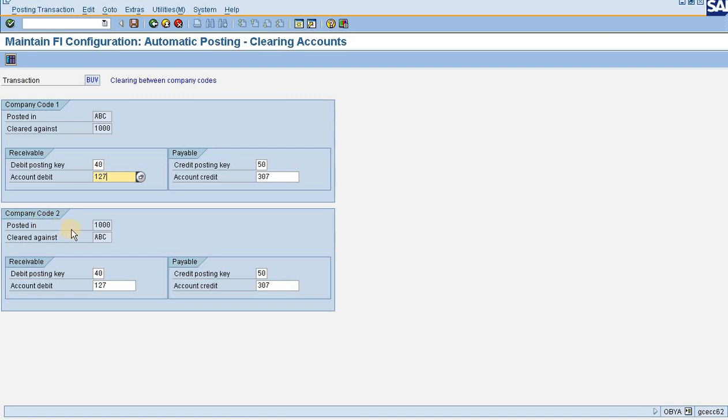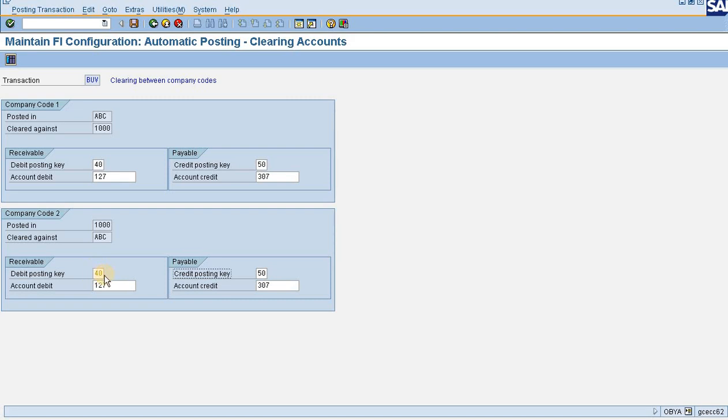Now the next section, company code 2, that is posted in 1000 company code, clearing against ABC. Posted in company code 1000, that is company code number 2, and clearing against ABC company code, that is company code number 1. So here also receivable and payable, two sections.